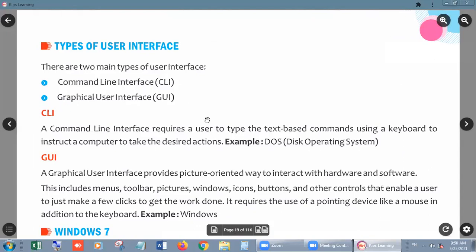And another one is graphical user interface, GUI. Now, first of all, CLI. What is CLI? A command line interface requires a user to type text-based commands using a keyboard to instruct a computer to take the desired action. Example, DOS, disk operating system.